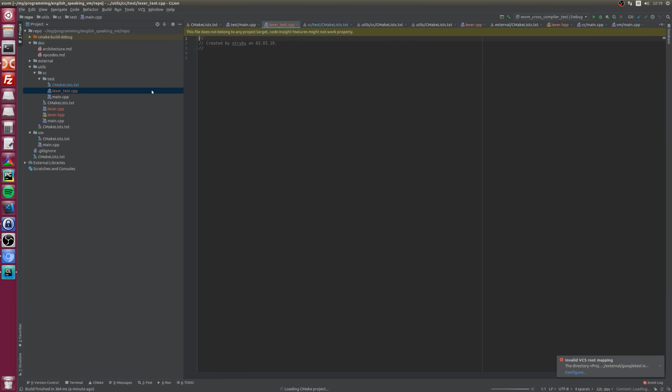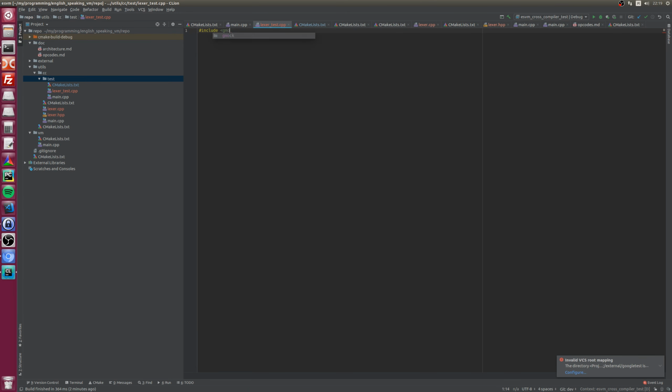Lexer test. Yep. Include gmock. Gmock. No actions.h. Namespace. English speaking virtual machine. Tests. So the first test is going to be, let's say, just one token.